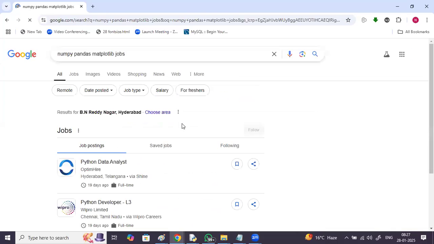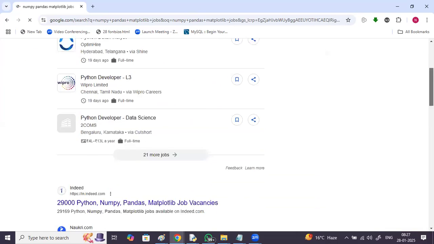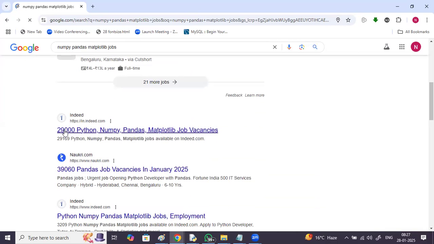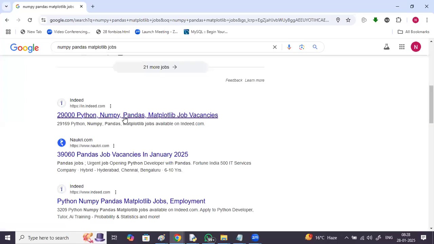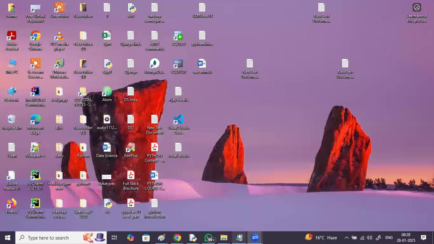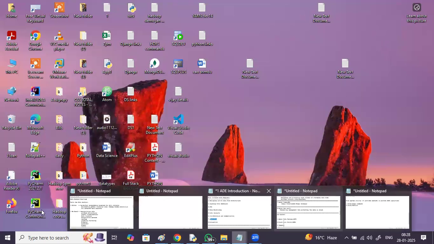There are 29,000 Python, NumPy, Pandas, Matplotlib job vacancies, and 39,000 Pandas job vacancies in January 2025 for people with knowledge of these. So these are important modules of Python.